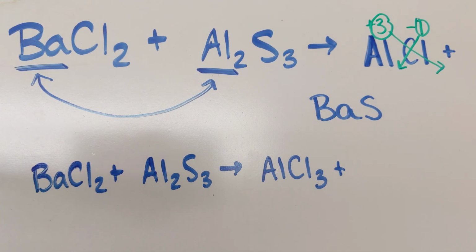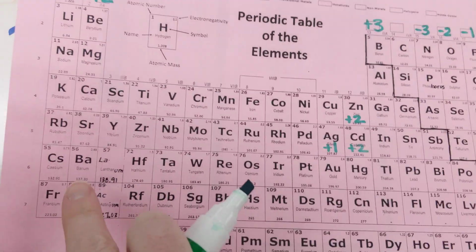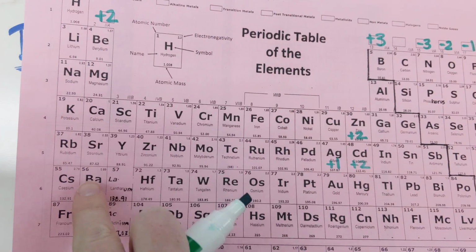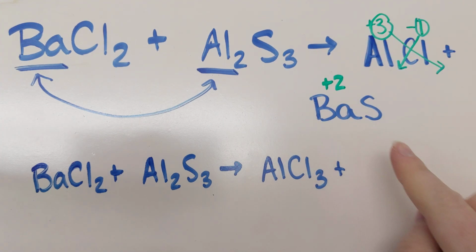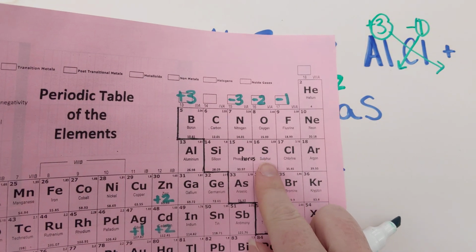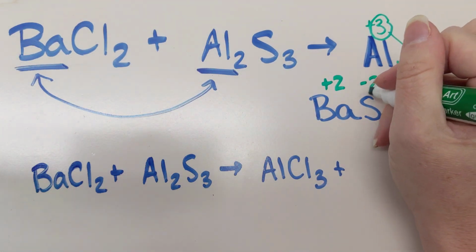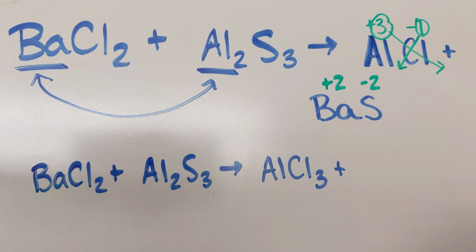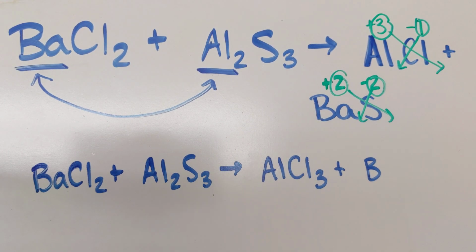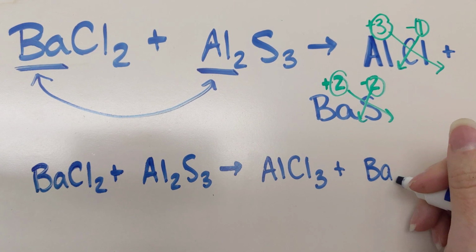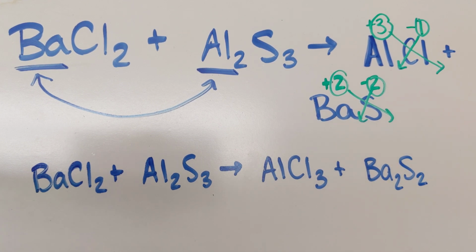And then for the next one, I look up on my periodic table again, barium. So barium is here, which is a positive 2 charge. And sulfur is here with a negative 2 charge. So what I get is, after I crisscross, a 2 and a 2, Ba2S2. However, you'll recall, hopefully,